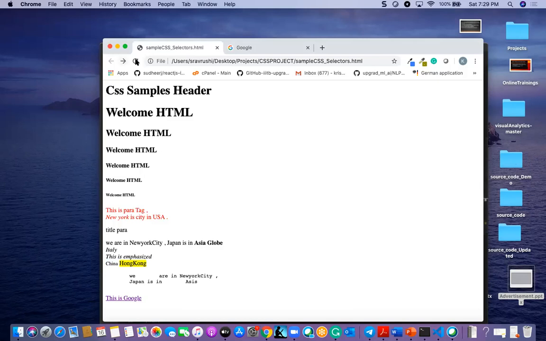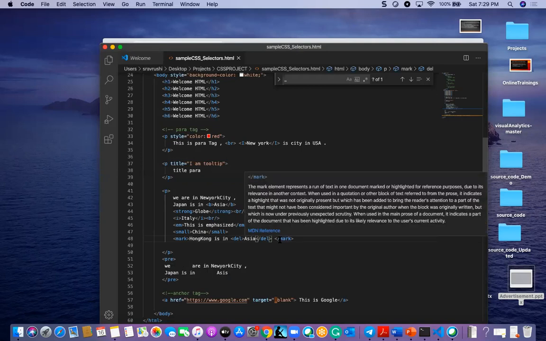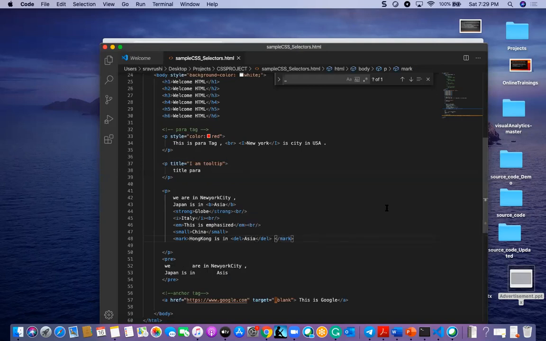Okay, so now you can find that since Asia is deleted, it's struck through. Can you see the horizontal line on top of Asia? So it will be deleted. And also you can insert a particular text. To insert a particular text, ins is the tag.